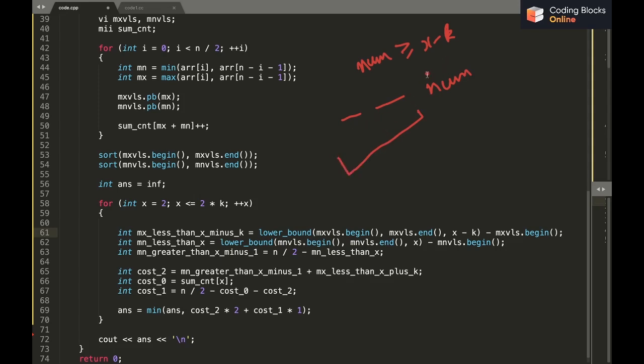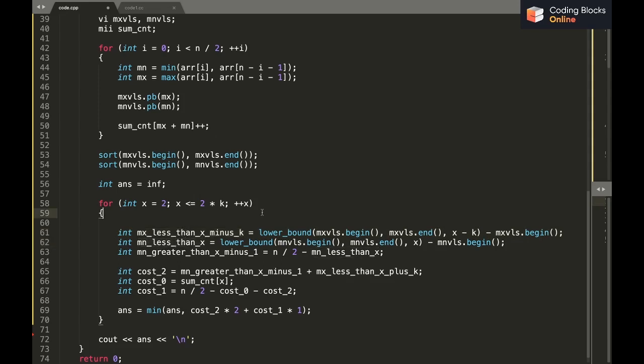So the number of numbers behind it are going to be equal to this index. Let's say the index is i, so we know that the number of numbers from 0 to i minus 1 are i only, right? These are going to be the number of numbers such that mx is less than x minus k.